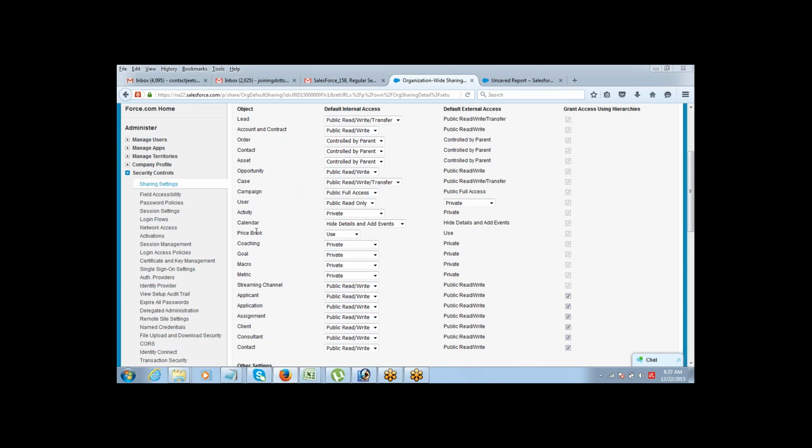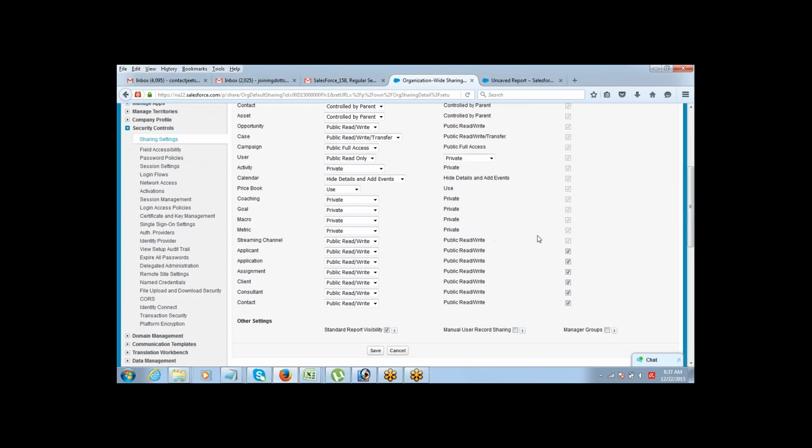If you have a requirement where you actually need to make data completely private, so that only the person who owns the record should see it, and even the manager should not get to see it, then for that you have to use a custom object. For that kind of data, you cannot use a standard object. Got it? So that's a small thing that you need to understand.